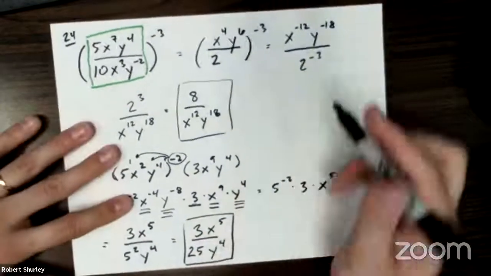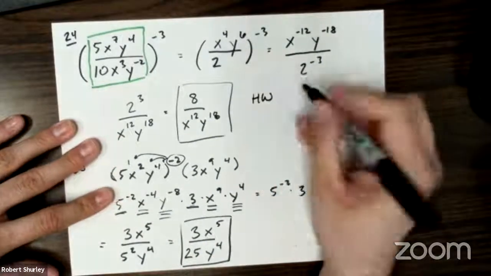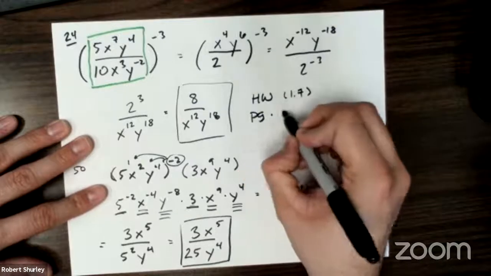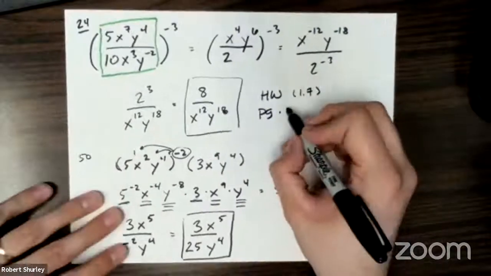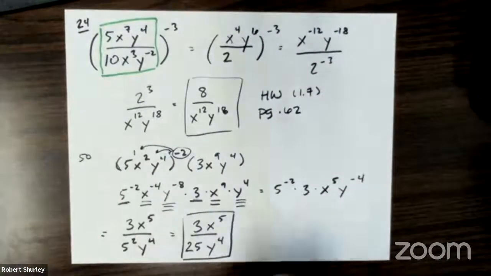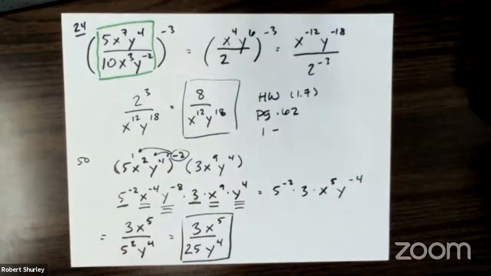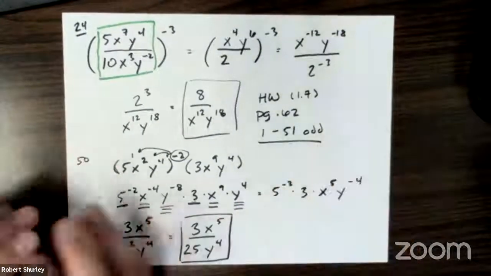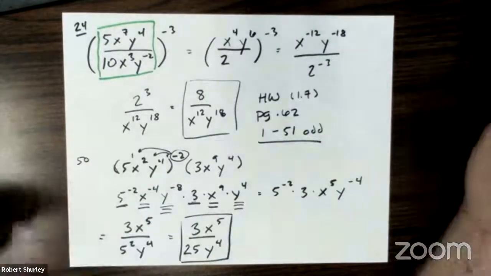I'm going to try something. So for homework, this is section 1.7. It starts on page 62. I need you to do 1 through 51 odd. Okay, give me just 1 minute. I'm going to